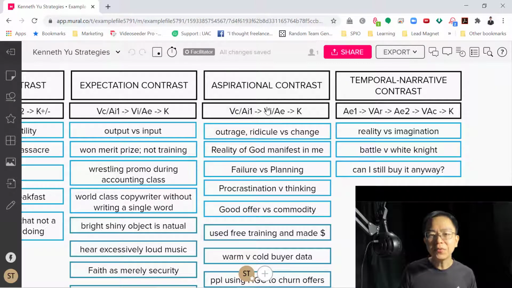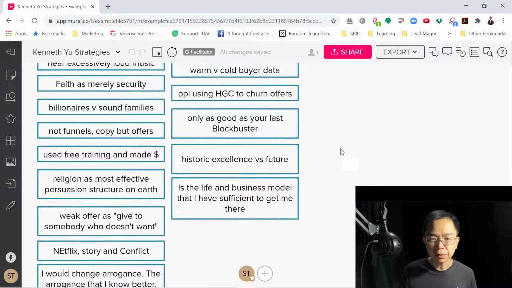Does it make me feel that what I'm achieving right now is matching up with whatever it is that I want to do? So if I've got a blockbuster, but it's out of date, for example, now I'm going to get a negative feeling that I'm not good enough, or I need to find another blockbuster, and so on and so forth, right?